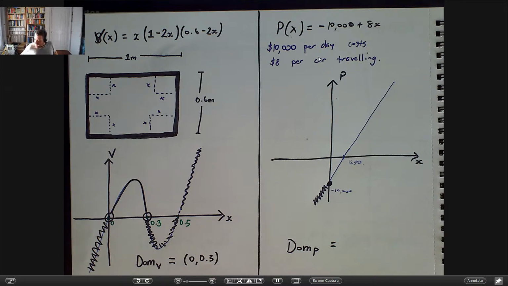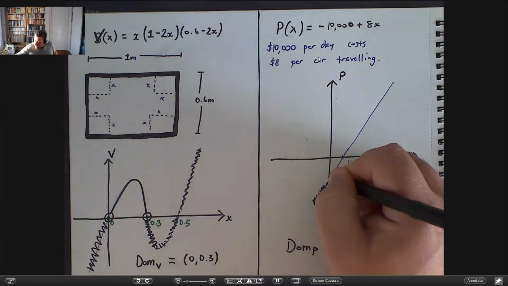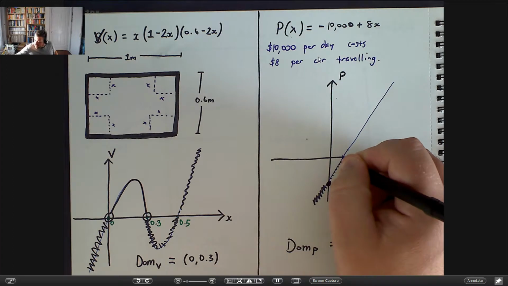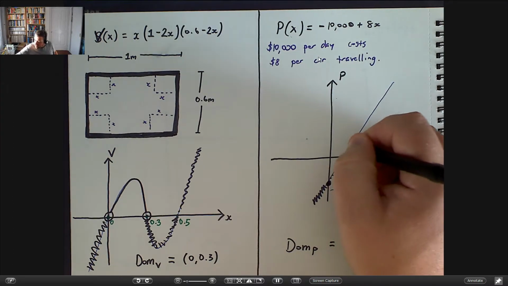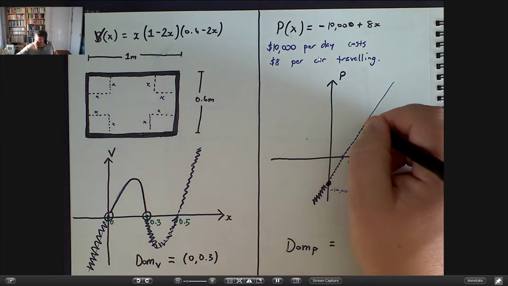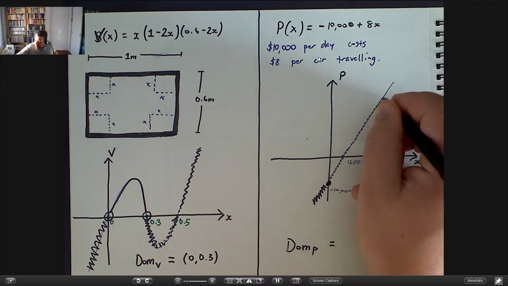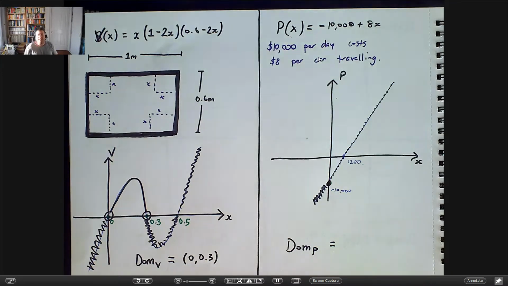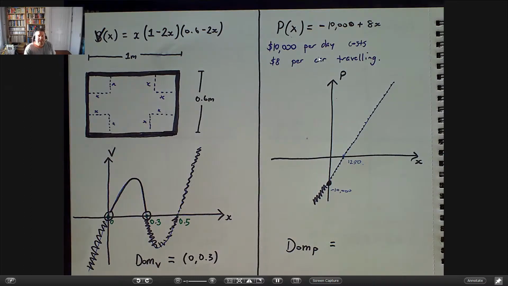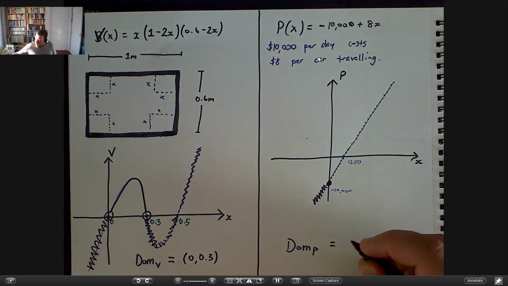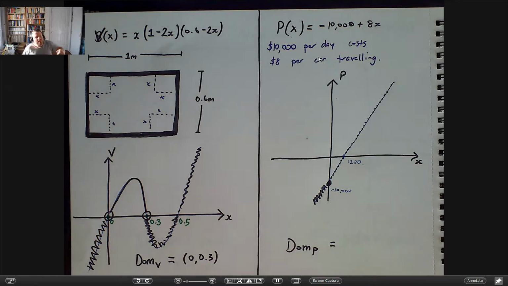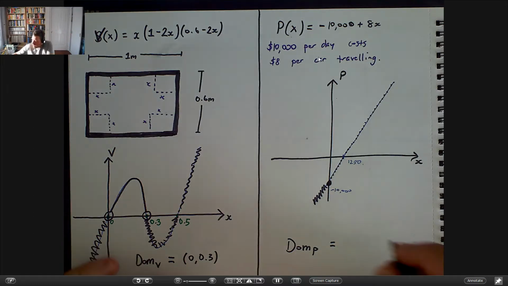So our graph really should look like a series of little discrete dots running up the page, representing only whole numbers of cars, not sort of decimal cars. So that means what's our domain here? Well, we can write it in a number of different ways, but we're looking for whole numbers that are not negative. So one way we could do that is we could write